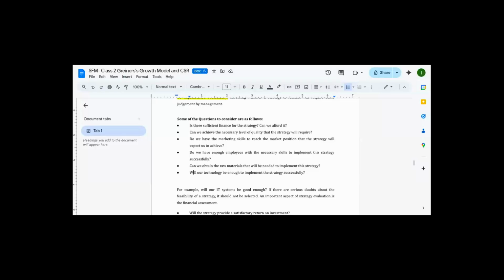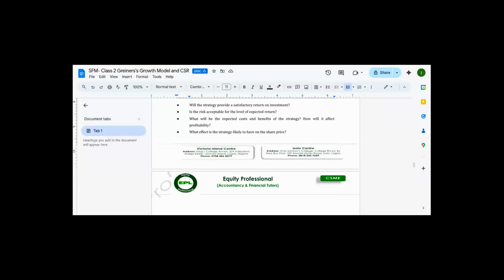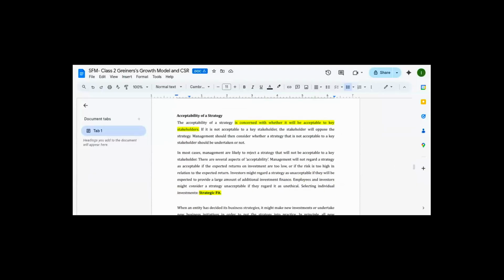So we have to look at it in relation to competency. Will our technology be enough to implement the strategy successfully? Or do we have to borrow technology or go into alliance? So these are some of the key things that we need to check